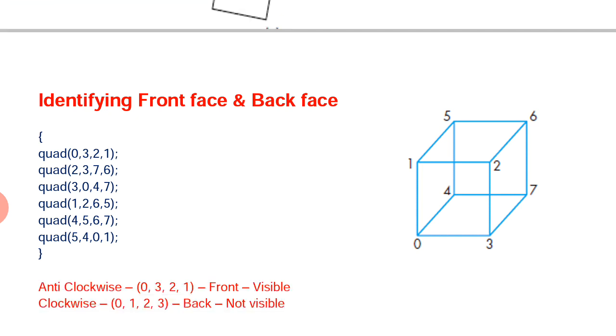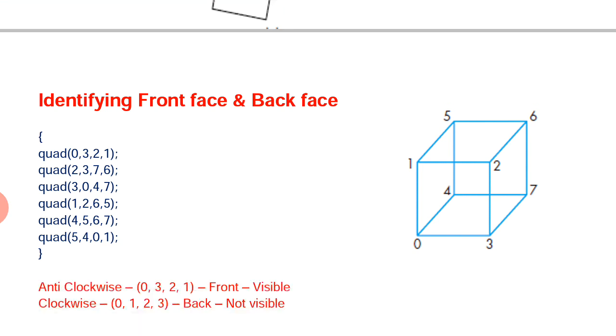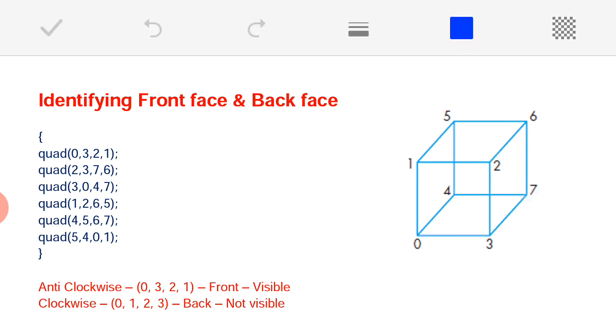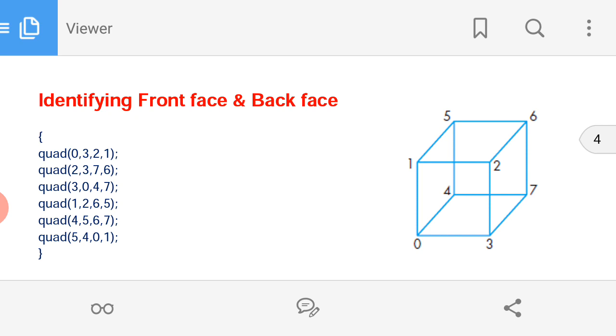This is the concept that we are going to use, and the same concept has been used, just try to recall, in our OpenGL program where you model the color cube. This cube is made up of a total of 6 faces, where every face you can call one polygon. The same polygon we call a quadrilateral, which comes with 4 vertices. This concept has been used in our program number 3 and program number 4 that you can observe in your lab programs. Please all of you go through that code also, which will help you to understand.